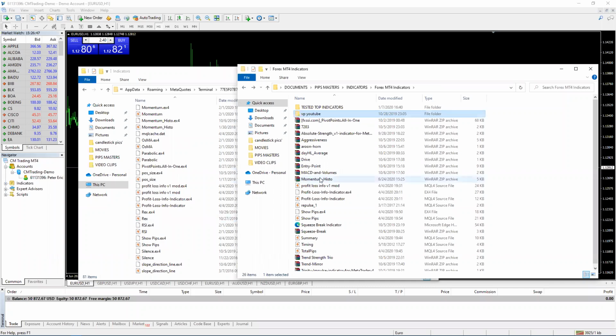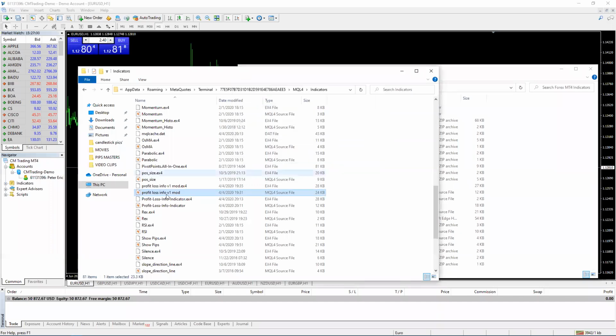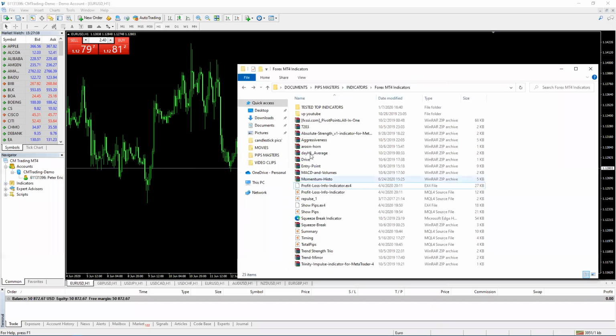Okay, so what you do after Apple, you just come to this folder, drag and drop anywhere kwa indicators, okay? So you can see nilikuwa nayo already, but we're going to replace the file, okay? So tunataka profit loss info v1 mod, okay? So once you've done that, just close, okay? So after that,